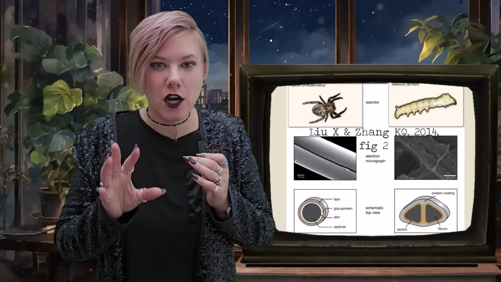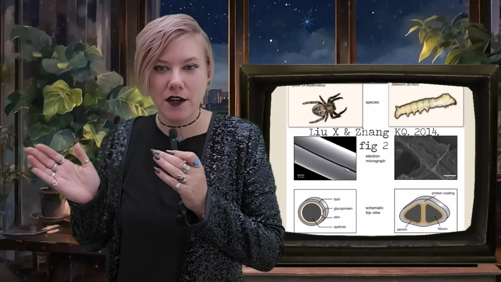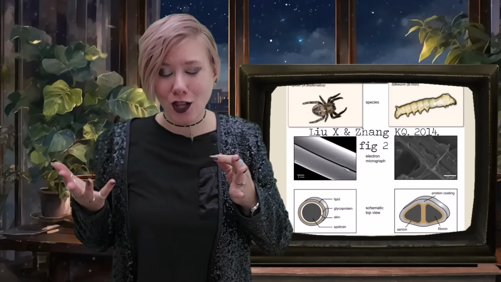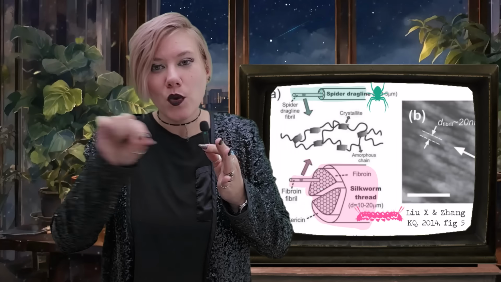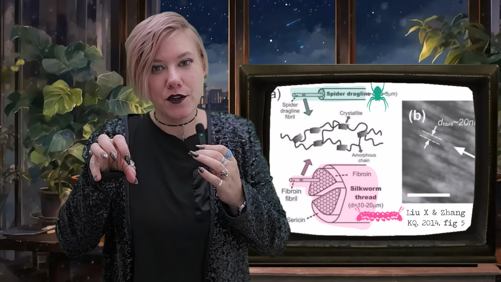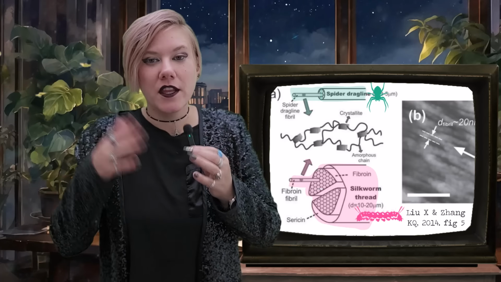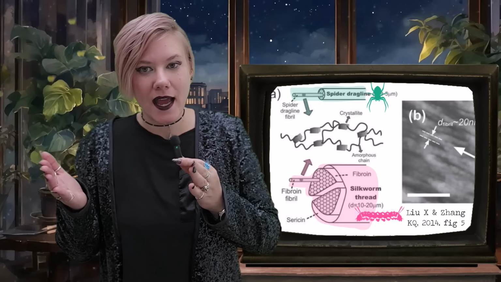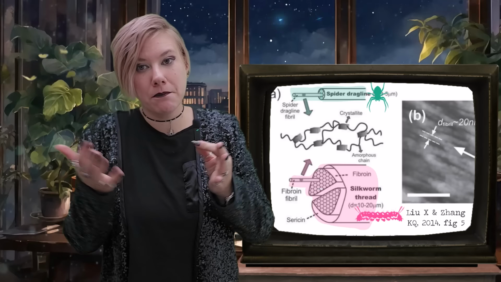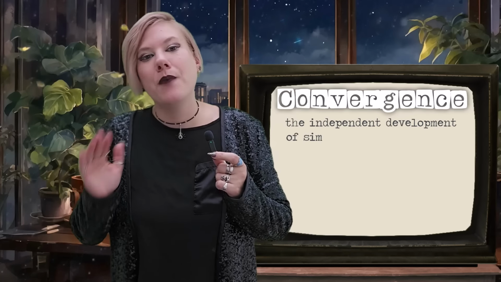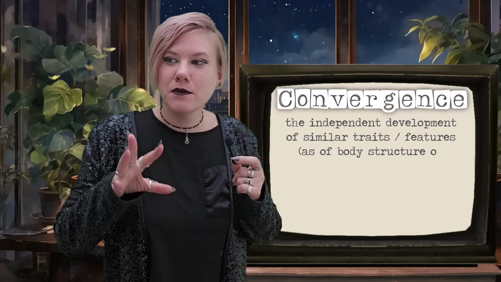If you look at the structure of silk between spiders and caterpillars, they essentially look the same. You have either spidroins or fibroins, which are bundled together to make the threads of silk. This means that spiders and caterpillars essentially converged on the same structure. Why? Because it works. This is an example of convergent evolution. So basically, spiders and caterpillars are not closely related at all, but they have come up with the same solution